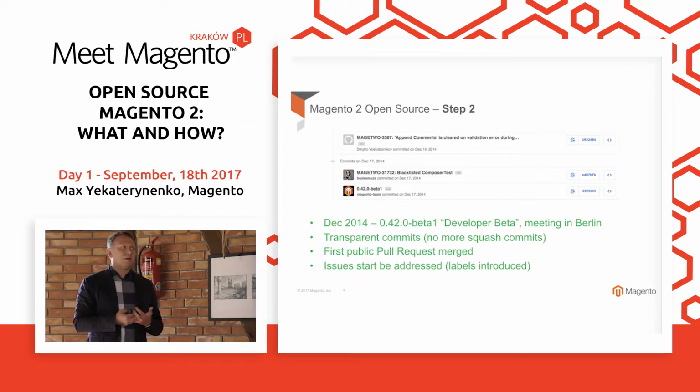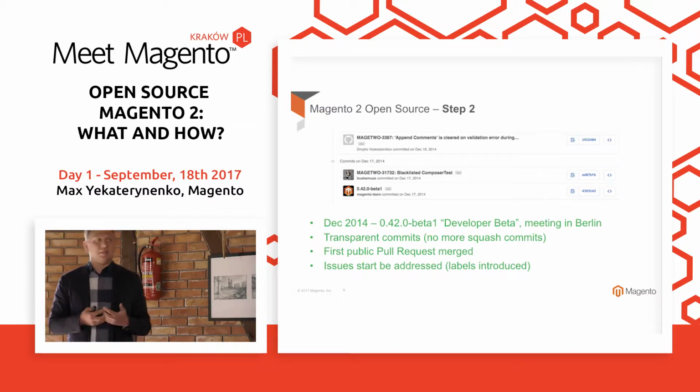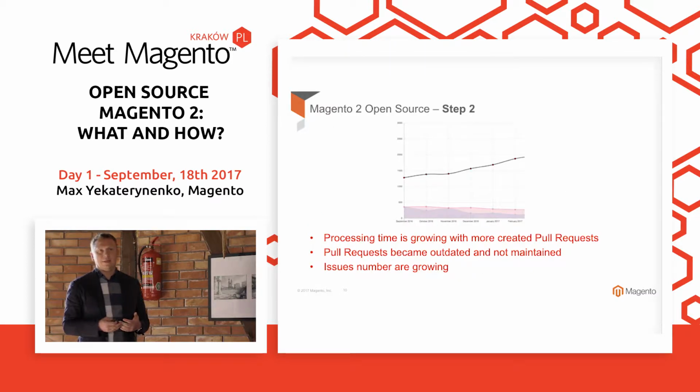We processed the first public pull request and merged it, which was significant. I think Ben Marks was second, it was a typo. It's ridiculous, but he was proud to make his first pull request. And we started addressing issues, so we started communicating through GitHub issues, which is a pretty good step, but there were downsides again. As soon as we started, we did it like on a satellite. We didn't dedicate a lot of resources, and